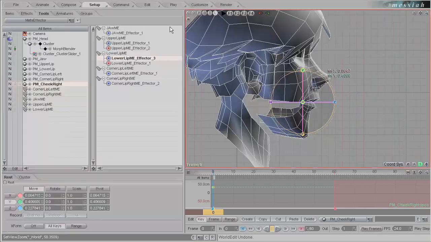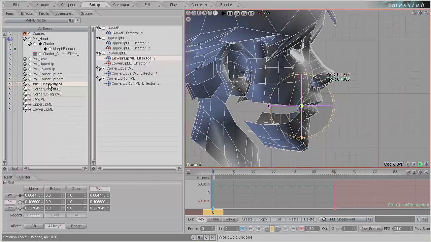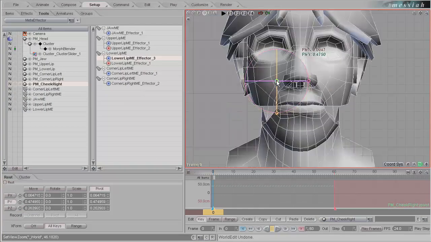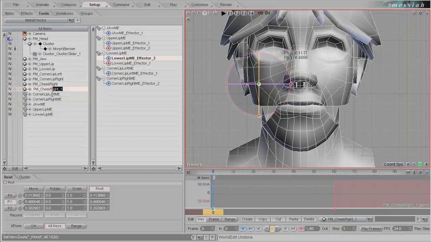Switch to a left view. Let's go into setup. I'm going to set the pivot point on cheek right, right on top of the cheek. Let's go to the back view, position it however we need to see. Excellent. Copy this again. Change this one to cheek left